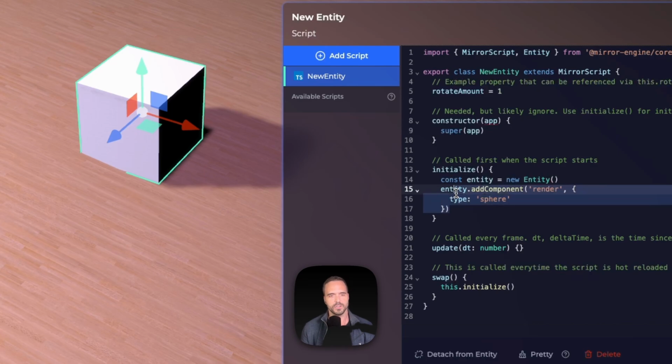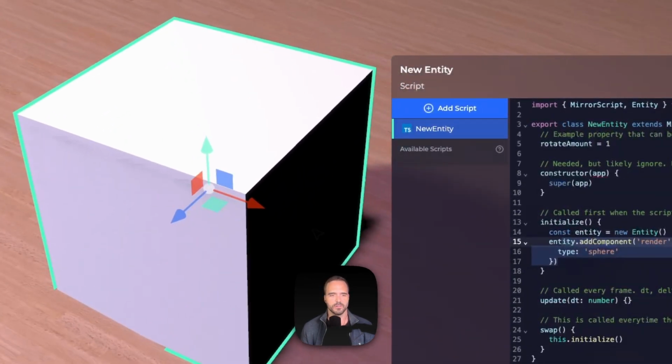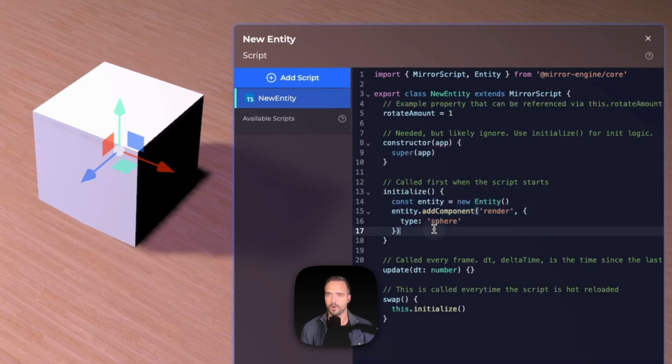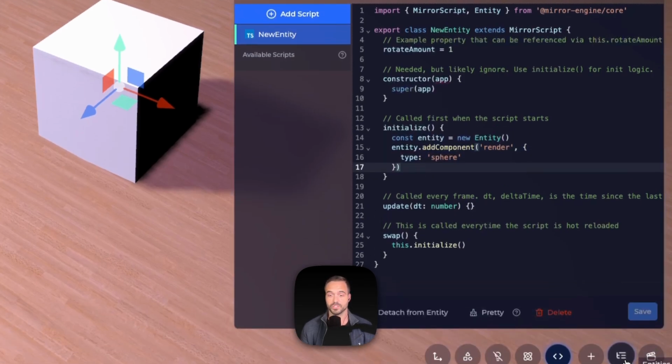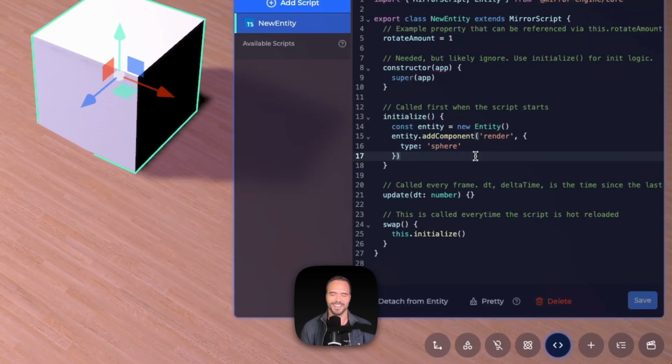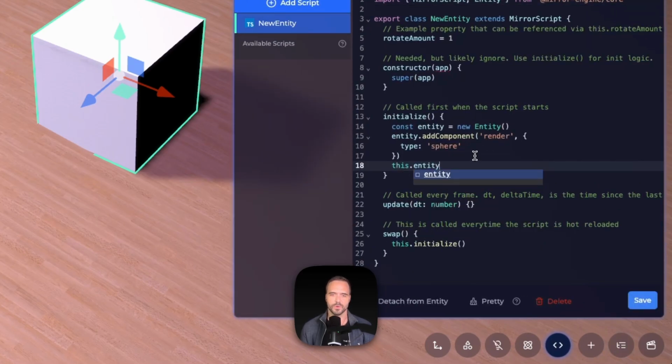Still not seeing a sphere. You might wonder why. That's because all we do is create an entity and add the component. But where's the component within our hierarchy? It's not. So what we've got to do is say, okay, this.entity, so this refers to this class